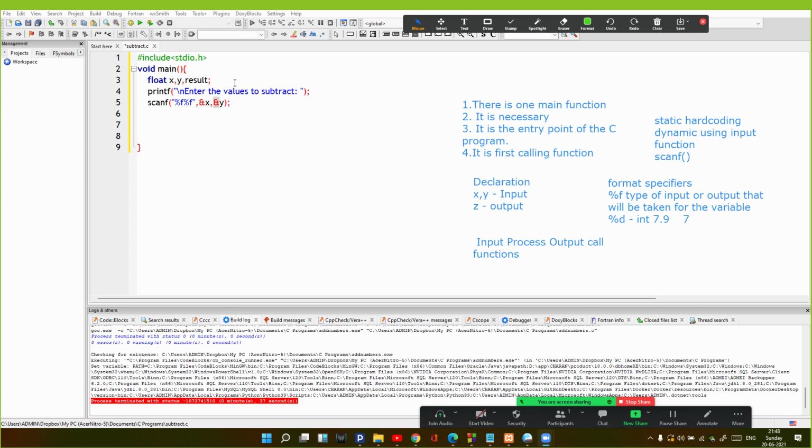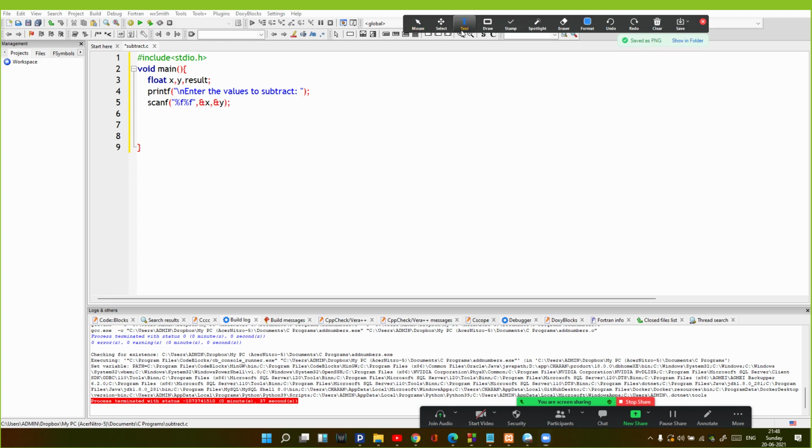For example, float takes 4 bytes. Let me explain here. RAM, which is the primary memory, is made up of byte addressable cells.